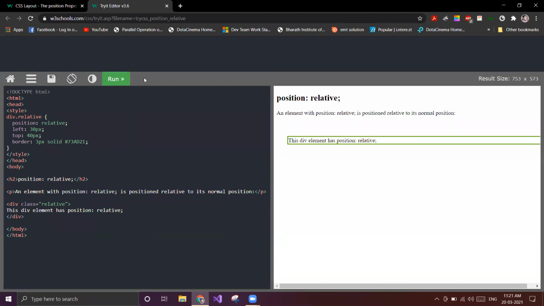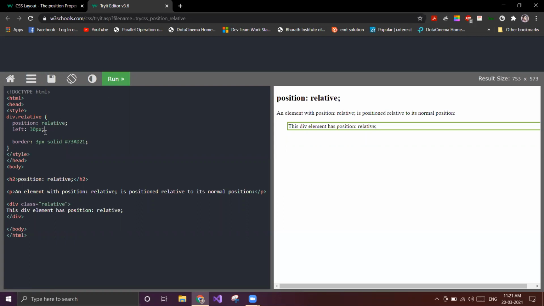When I don't apply top 40px, that means top 0px, which is the same as nothing. So what if I apply negative values? Top minus 10px, what will happen? If I apply top 40px, it comes down 40px. What will happen if I apply top minus 10px?